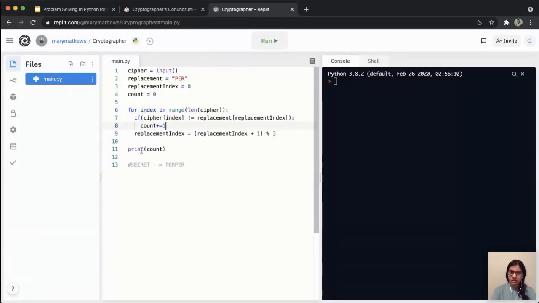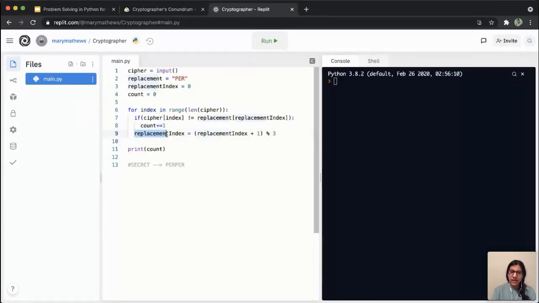So if the cipher of index is not equal to replacement of replacement index. So if S is not equal to P, because both are 0 initially, replacement index is 0 and my first value in my index loop is also 0. So if they're not equal, which is the case here, then I increment my count by 1.